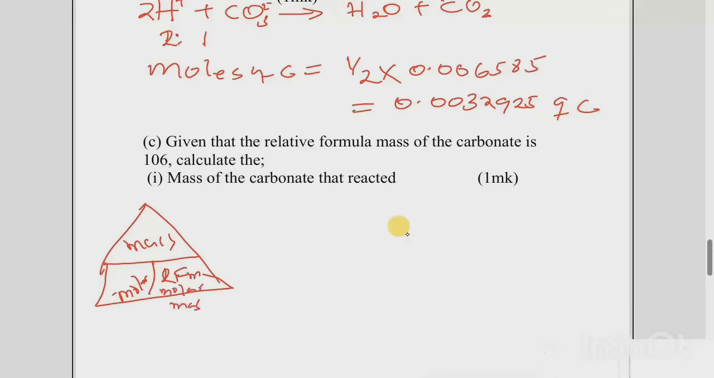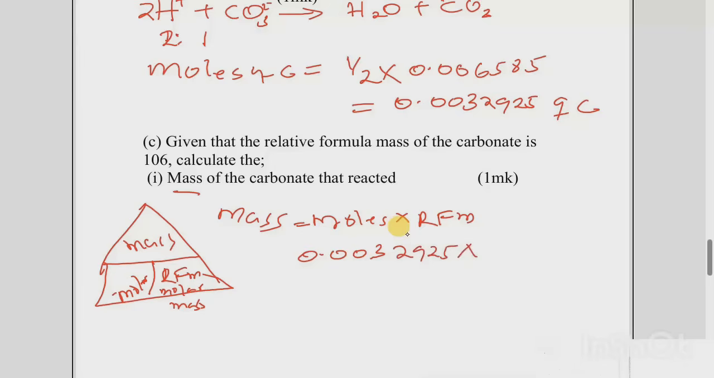Molar mass. So we know if we want mass, how do you get mass? Mass is equal to moles times RFM. So we have the mass of the C that reacted, which is the moles, 0.032925, times the RFM, the molar mass, which is 106. And that is going to give us